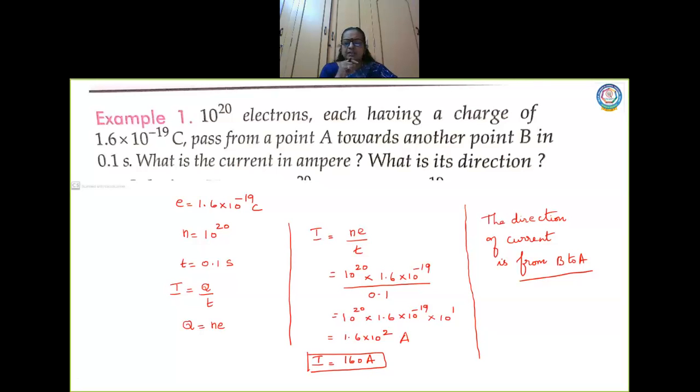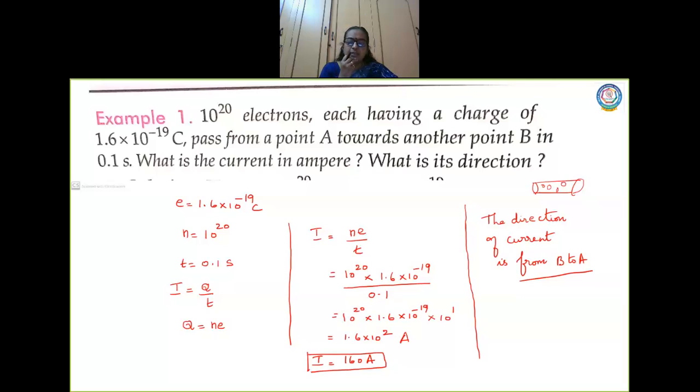Now this time is a very important factor, children. Consider an area. Suppose let us consider a conductor like this. Now when we talk about flow of charges, every area need not be the same. If the area is more, you have more number of charges flowing and you take more amount of time. So why do we consider time in the formula of current? The time varies depending upon the area. So whenever we talk about the formula of current, we go for I is equal to Q by T.